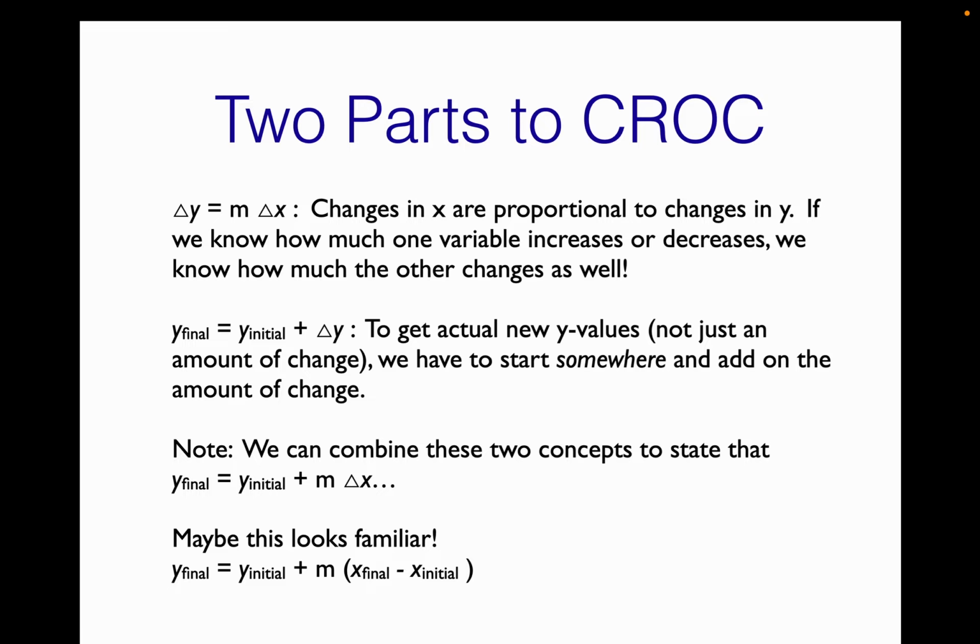To find delta x, x final minus x initial, this is point slope form for an equation. Maybe you don't have final in there, maybe you just have x's and y's. But if you have a starting point, and let me write this down here, I'll just write it y, final y or whatever y you want. If you have some place to start,